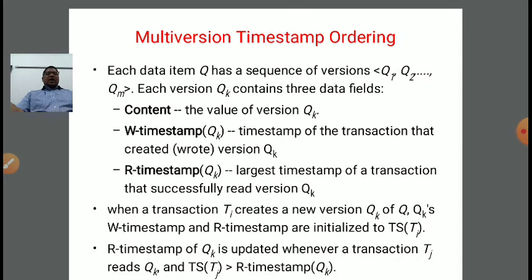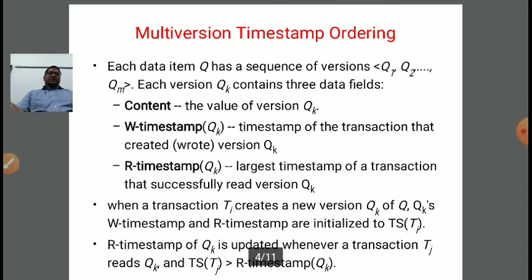Next is R-timestamp of Qk, the largest timestamp of a transaction that successfully read the version Qk, right? So first is telling about the value called the content, second telling about the write operation called the W-timestamp, and third is telling about the read timestamp called the R-timestamp of particular data item Qk.